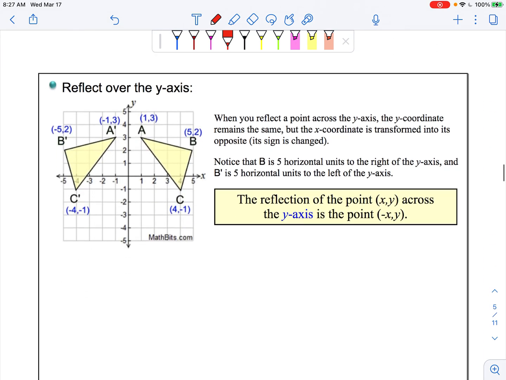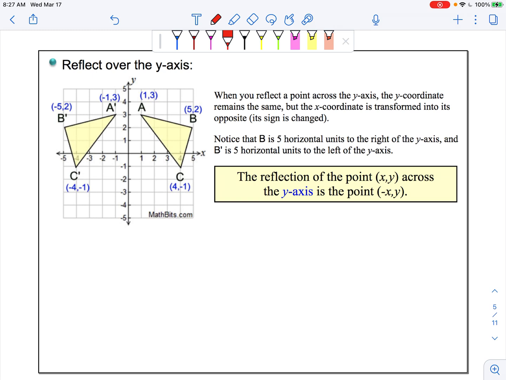So the next one we're going to do, and again, a lot of writing. You can come back and look at this at some other time. I'm just going to go through this real quickly. This is a reflection over the y-axis. So when you think about that, now I'm flipping left to right because this is my y-axis. So I'm flipping left to right, and you can see that here is my